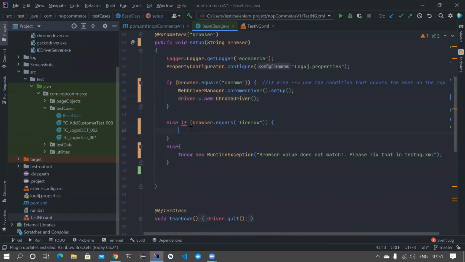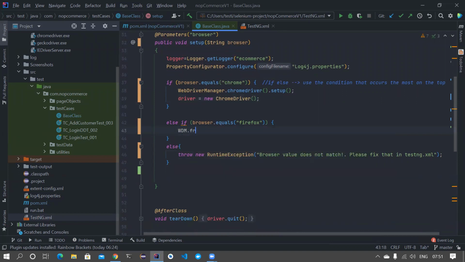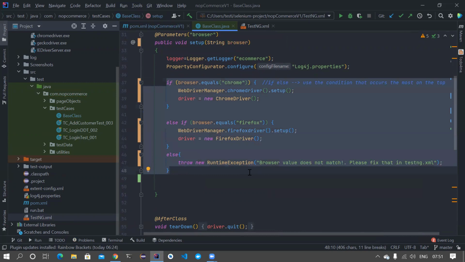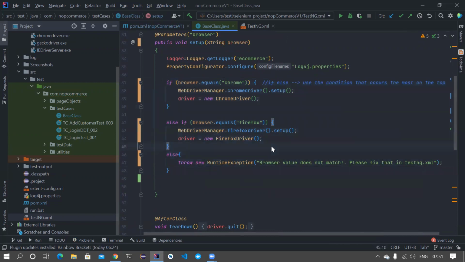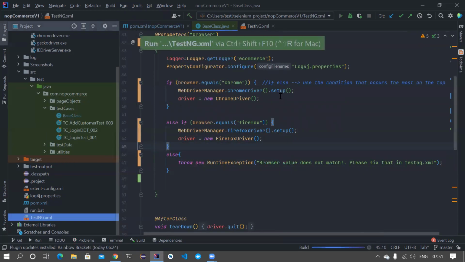And WebDriverManager.firefoxdriver().setup(), and driver equal to new FirefoxDriver. Again, we'll come back and optimize this if else code later, but for now we're just trying to run this particular piece of code and see whether it is working. Let's try to first run it from testng.xml directly.